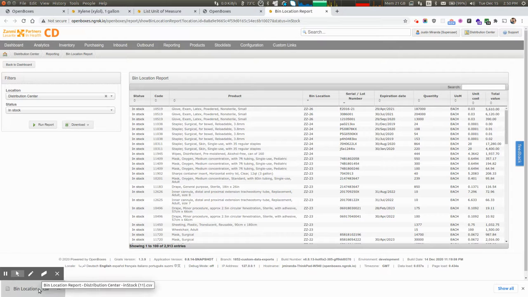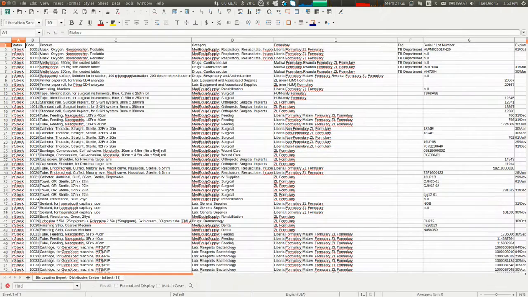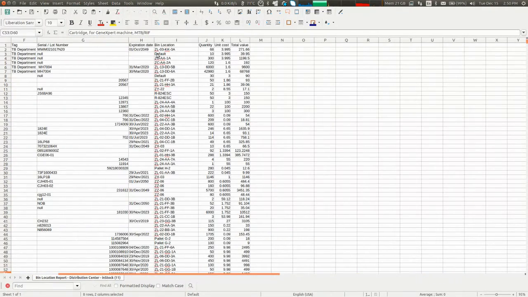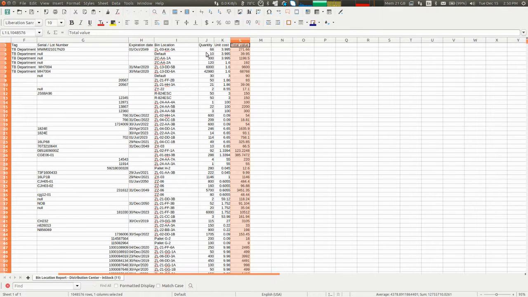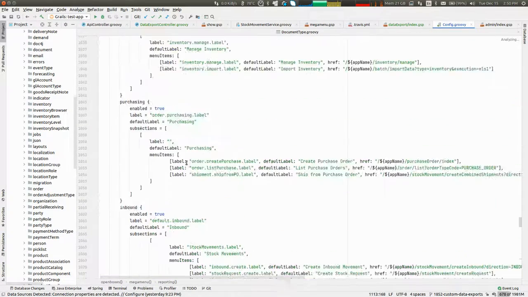The problem with it is I don't have a way of defining what those calculations should be. So I can't actually add them. All I'd be able to do is add in the different attributes that you're looking for, which would be the weight and volume per product or per line, which I don't think is what you want. I think the total and the other thing are what we're looking for. But we can add in the custom attributes here by basically coming up with some kind of configuration property, in config.groovy here, that would say